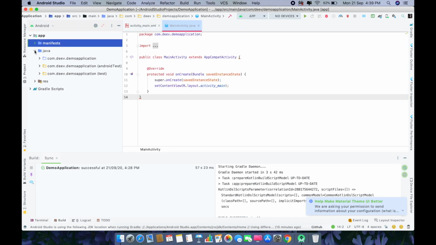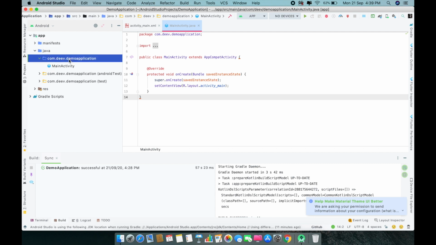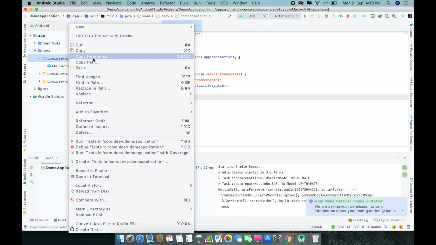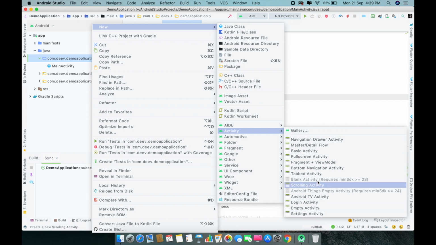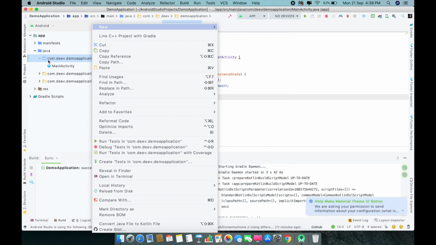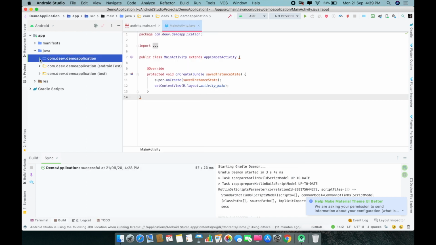Close it. The second folder is Java, and it holds a folder with your package name. Just click on it to open it, and here you can see every activity that you are using in your project right now. Now why do I say every activity? Because an Android application does not comprise of a single activity. It is a collection of different activities. So as we proceed in this tutorial, we are going to add new activities in this directory like this. Just right click and go to new, and from here search for activities. This way we add activities in our application. We don't have to do that right now, so just uncheck it.